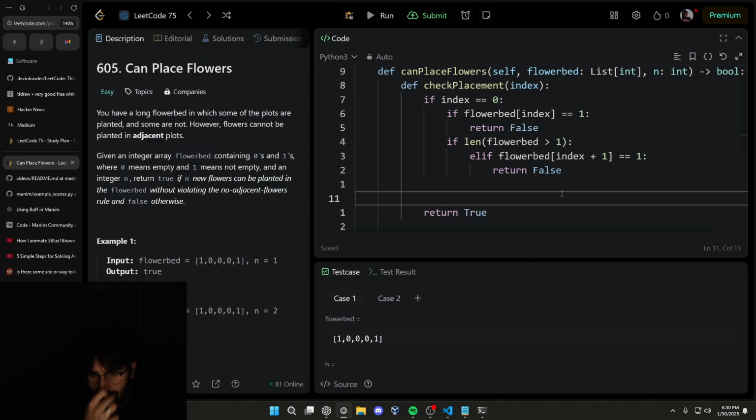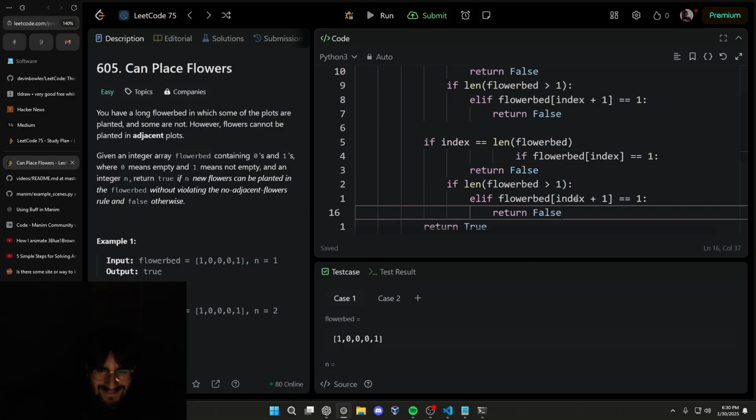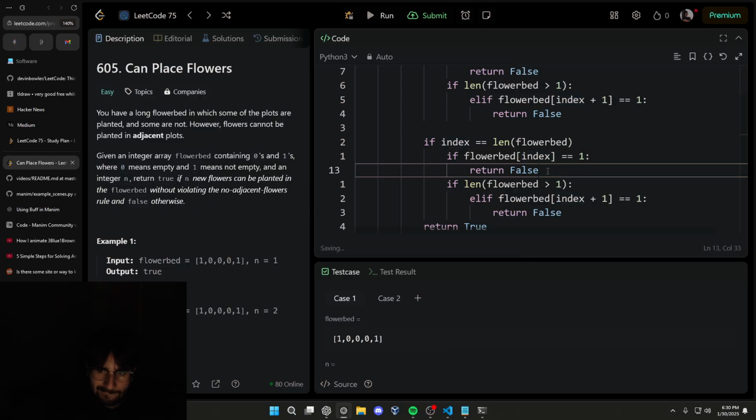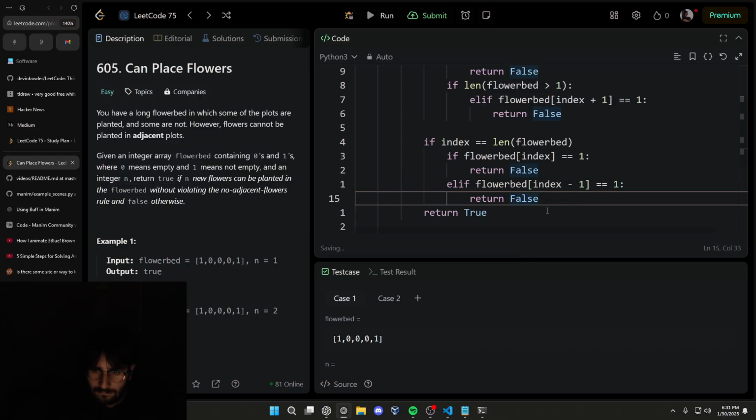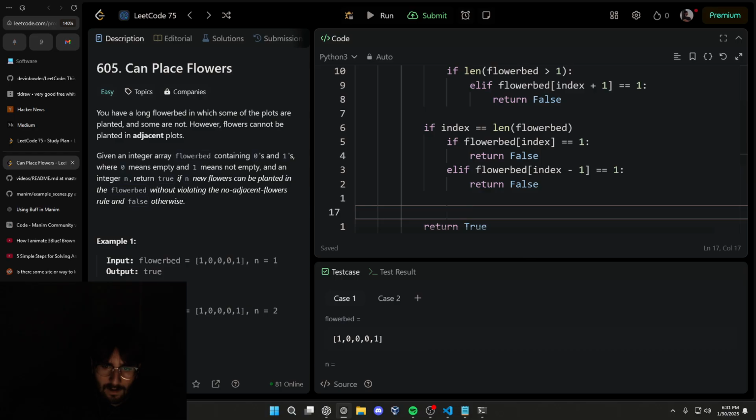Now, at every other position except for if index is equal to the length of flower bed, then same thing, except otherwise we can just say